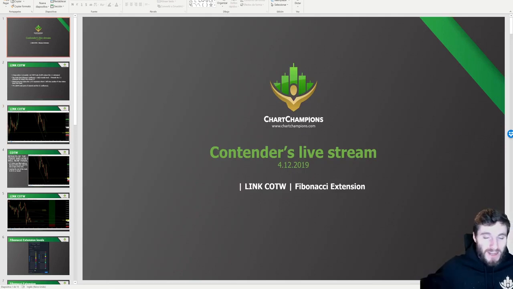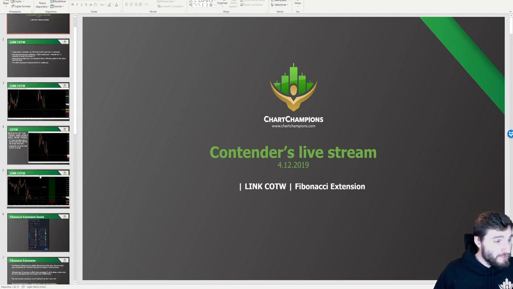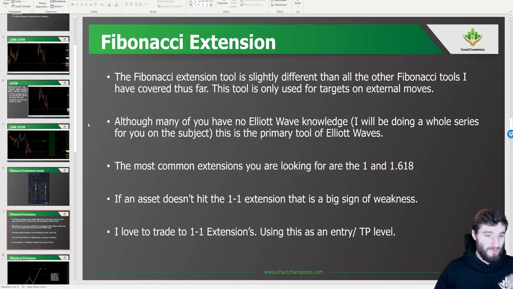Nevertheless, what I really want to cover today is the Fibonacci extension. I've made a few notes here, and I really enjoy using it. Let's firstly go over the differences, because I sometimes confuse the wording myself of the Fibonacci extension and the Fibonacci expansion. The expansion is using the retracement tool that I've covered in the past. I occasionally refer to it as the extension.